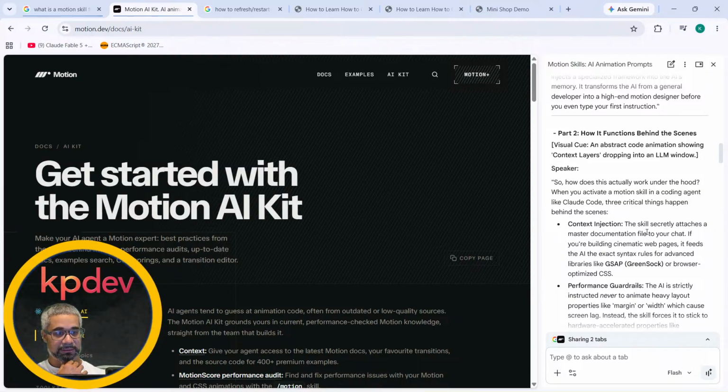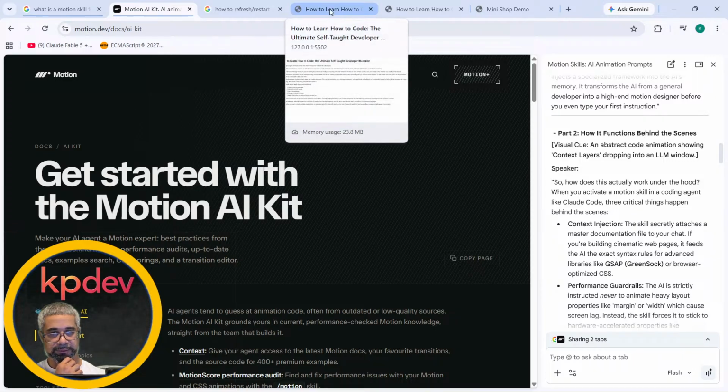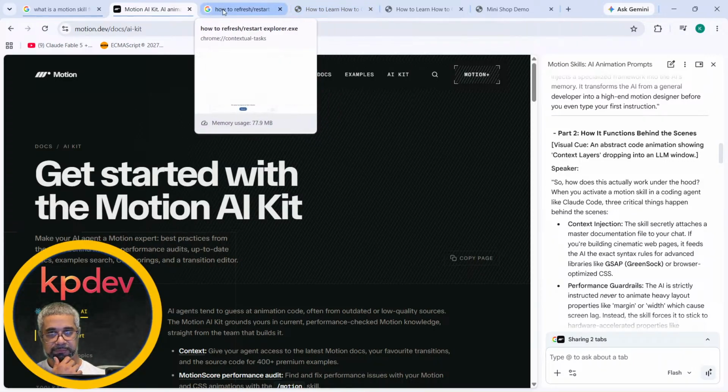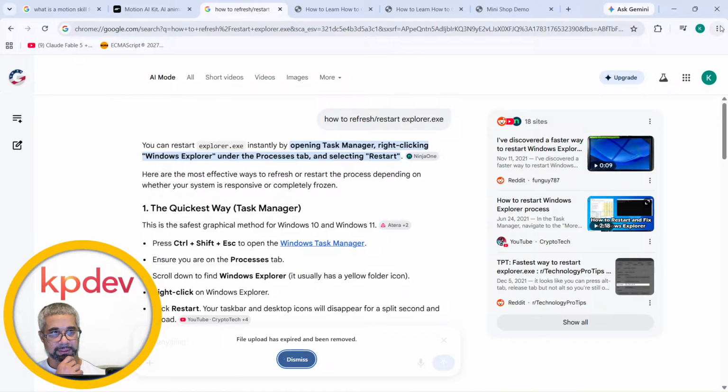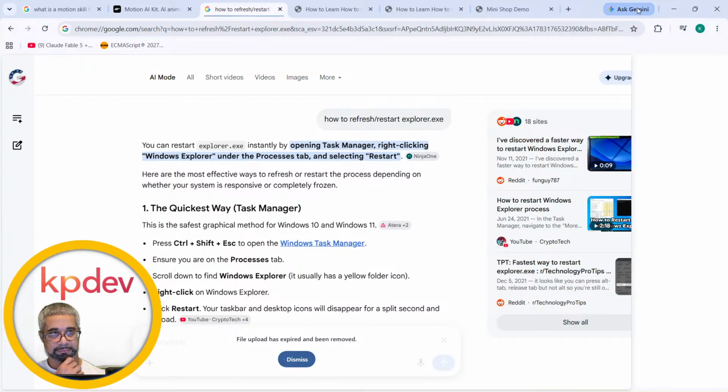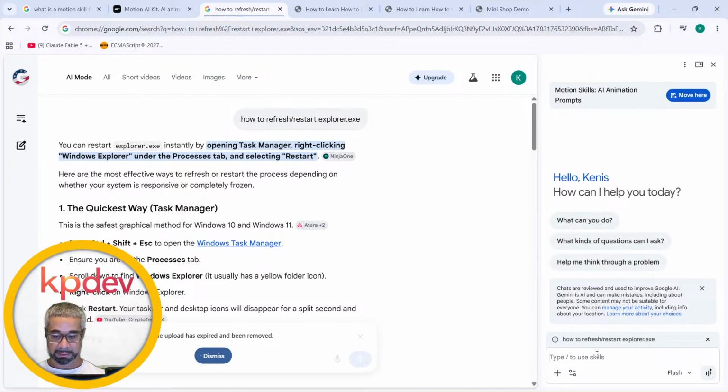Context injection. So I think one of the things we should do is prompt him to give us a prompt that we can enter into Claude so it can generate a skill prompt for us. We could probably do this right now and skip a little bit. Right, we could go over here and then open up Gemini again. And before we do that, we have to figure out, did I just